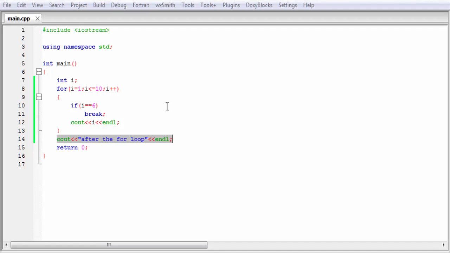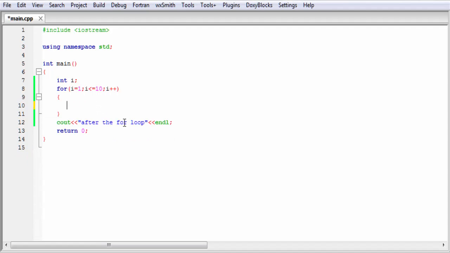The next thing is, suppose we have a nested loop and the break statement is used in the inner loop. So when the break statement is executed, the control comes out of the inner loop only, not the outer loop. To get it more clearly, let's see an example. For example, here we print the numbers from 1, 5 times. So I am going to delete this and here I am going to write 5.